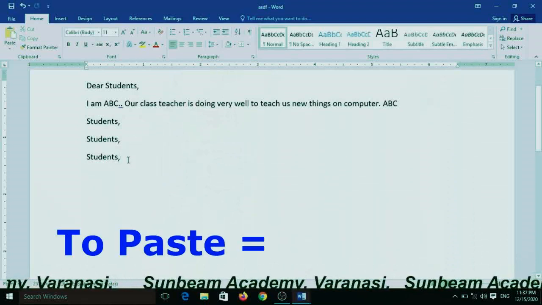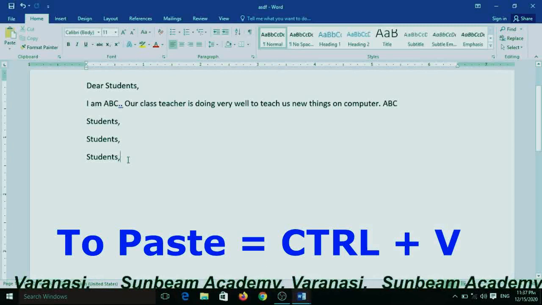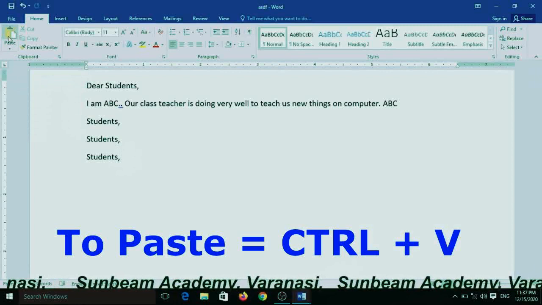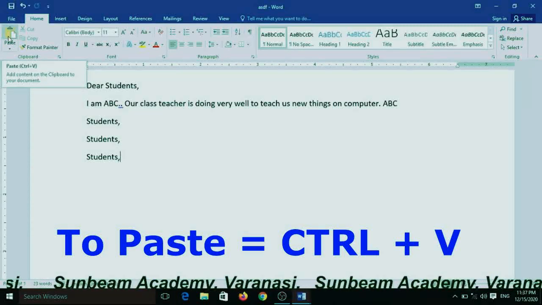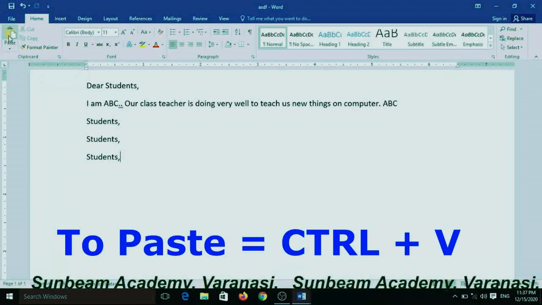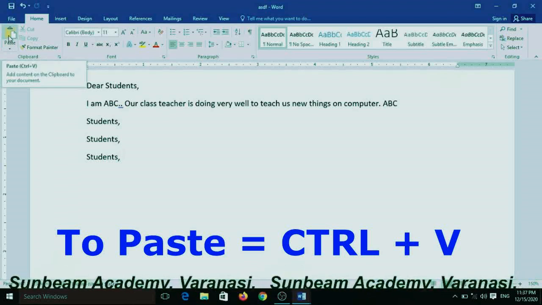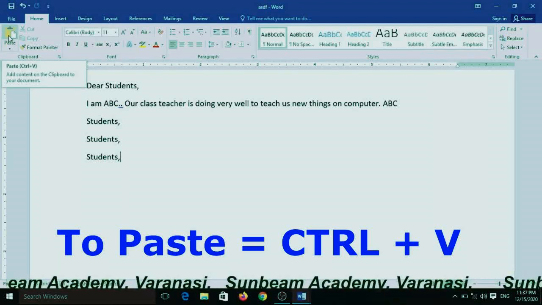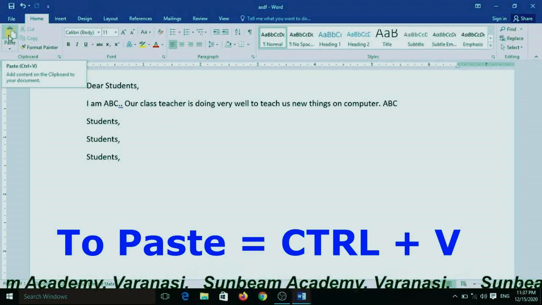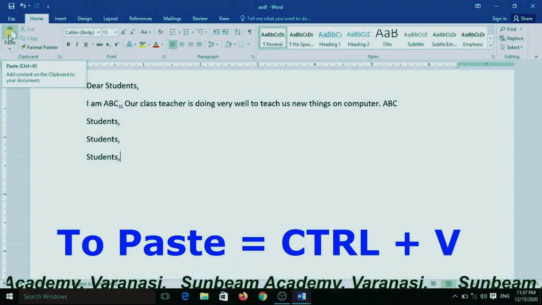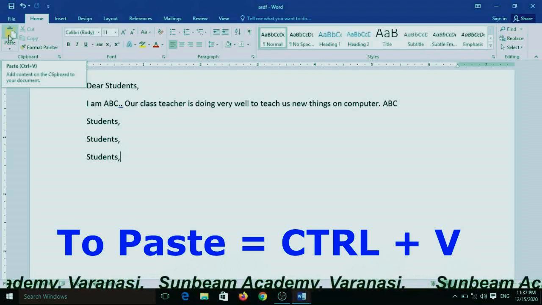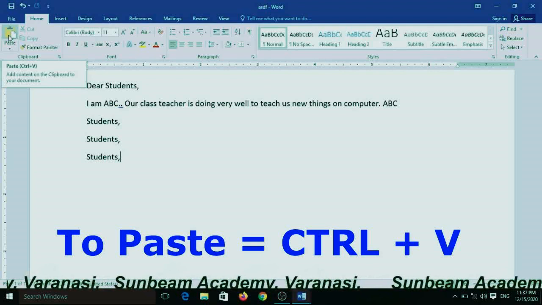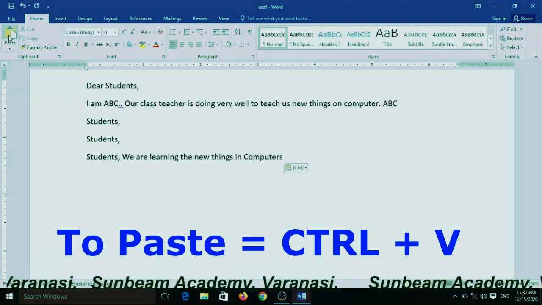And then how can you paste? You can click here from the File tab menu, Home tab, and choose the Paste command on the Home tab. Or you can hold the Control key plus V, which means after that press the V for paste. Yes, I want to see here, paste.